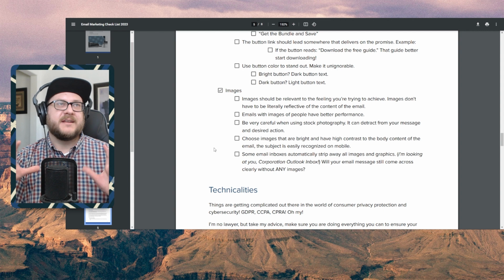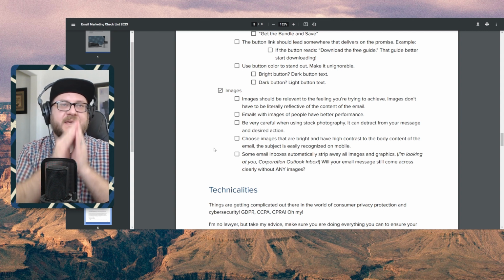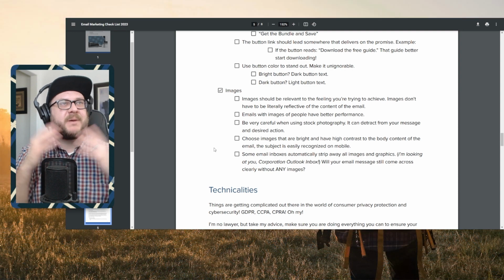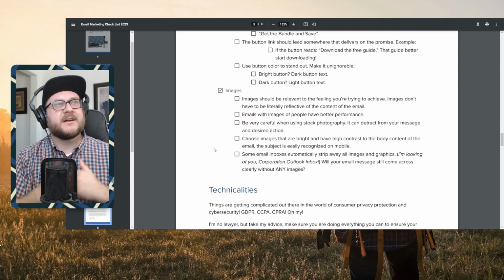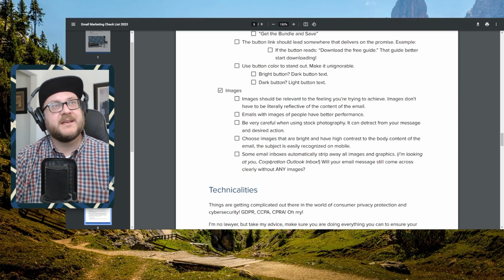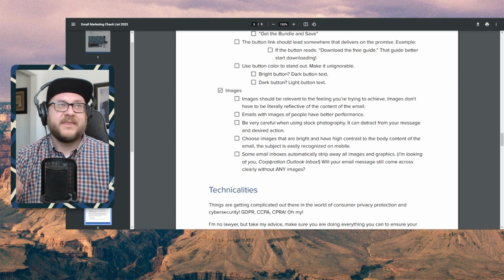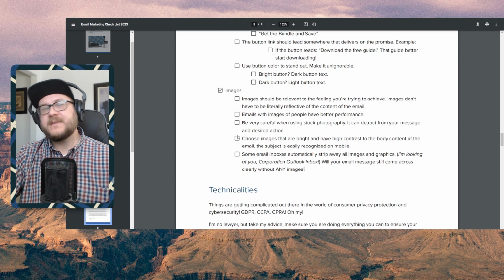I understand you spent a lot of time in the graphic design making the email, but you need to understand that if that image did not pop up, could the content of that email still survive? Can you tell a story without it? Can you inspire action without an image? You should be able to.